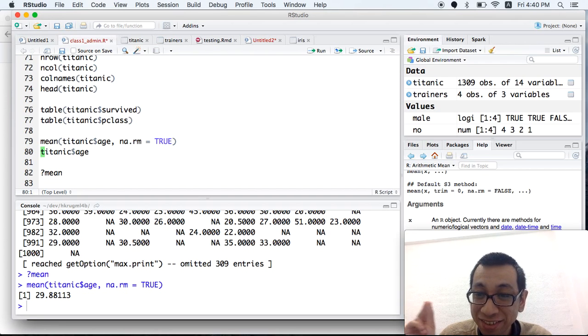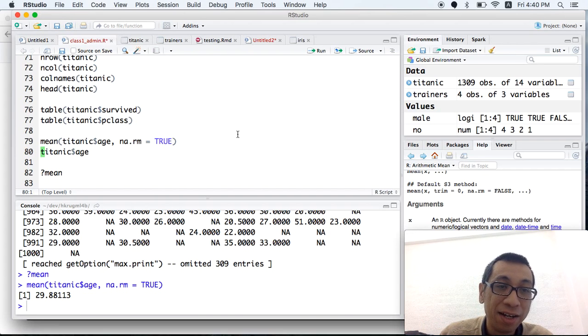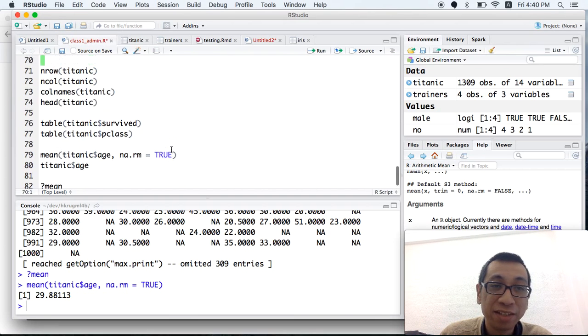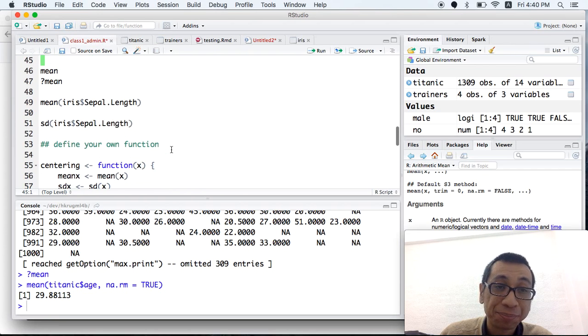Now you can operate on those vectors or data frames using functions that have arguments, and they will return some values. Most of the time a function will return a value. Some functions will not return anything, but most functions have some return value.